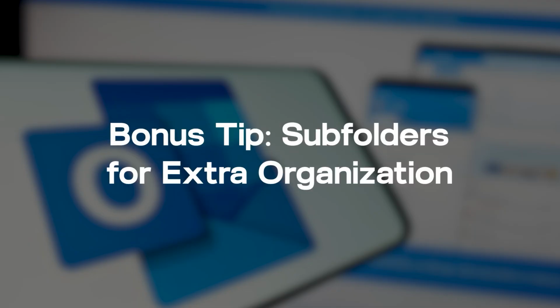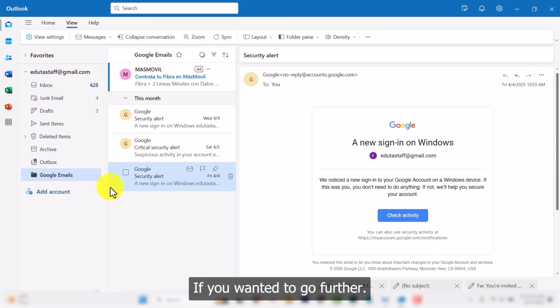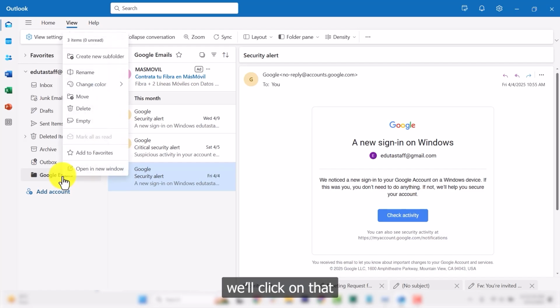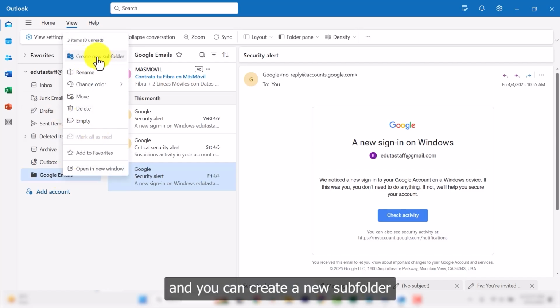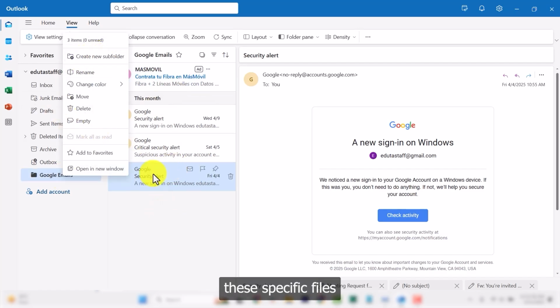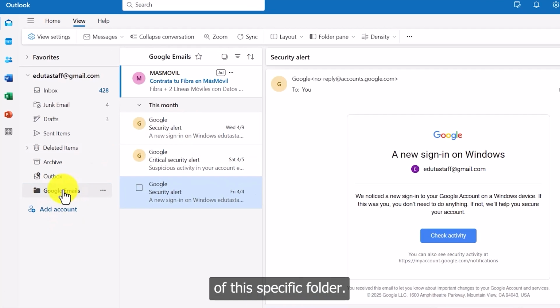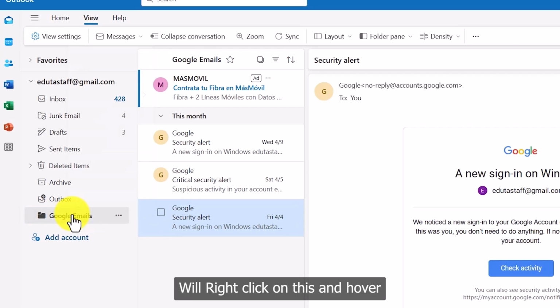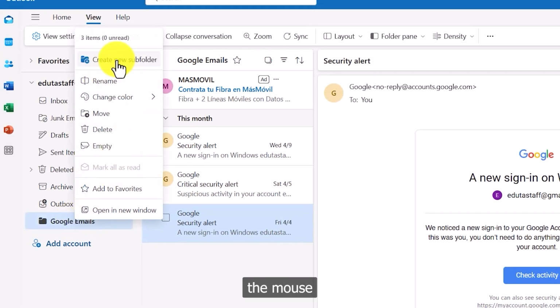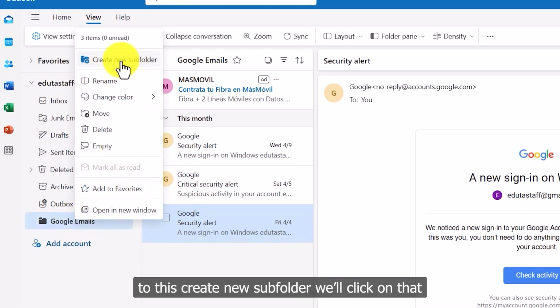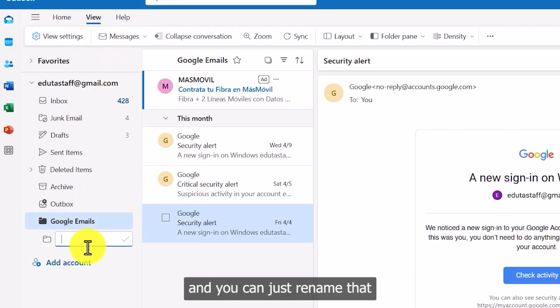Bonus tip: subfolders for extra organization. If you want to go further, right click a folder you created, like in here. We'll click on that and you can create a new subfolder as well to organize the files of this specific folder. For example, I just want to create a subfolder of this folder. We'll right click on this and hover the mouse to create new subfolder. We'll click on that and you can just rename that